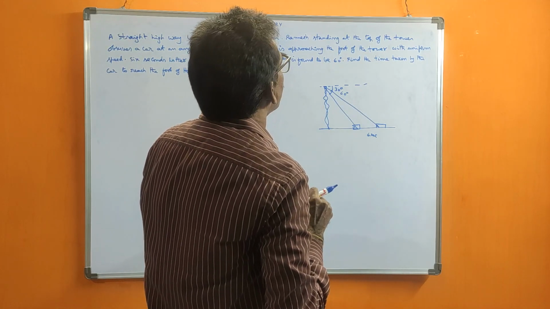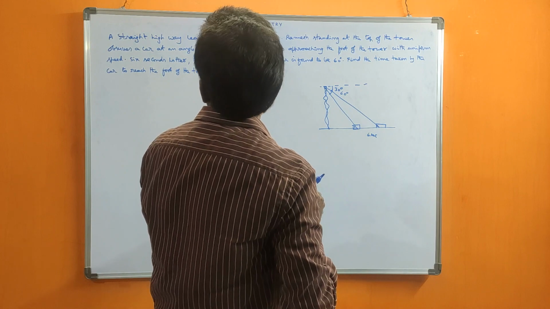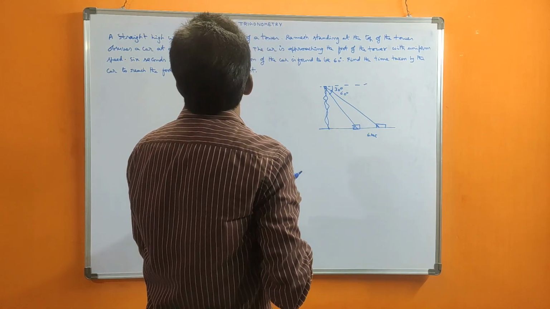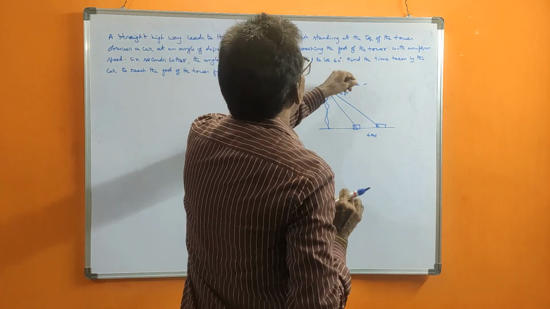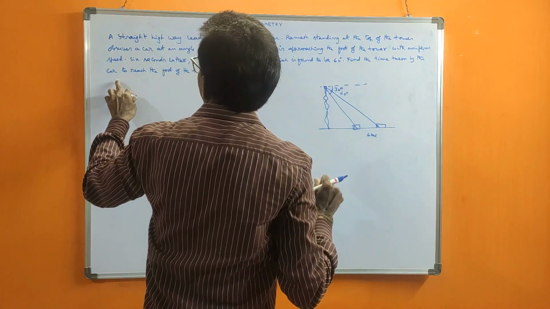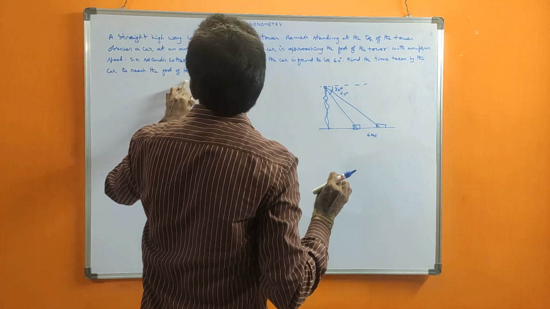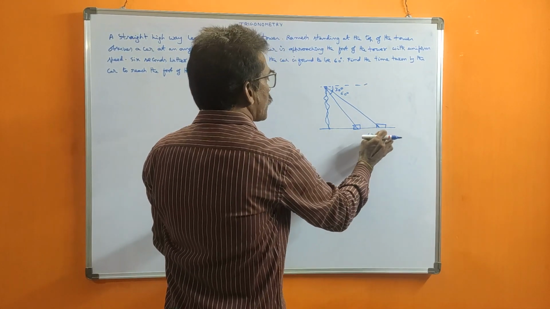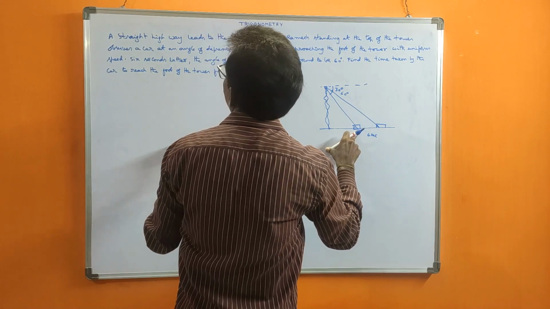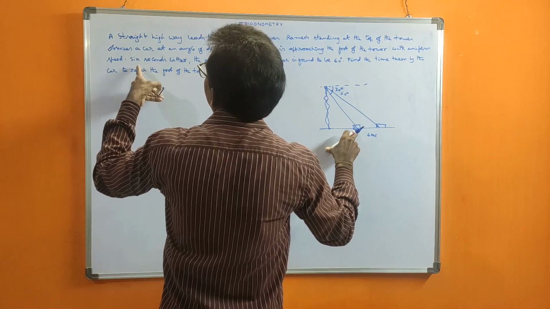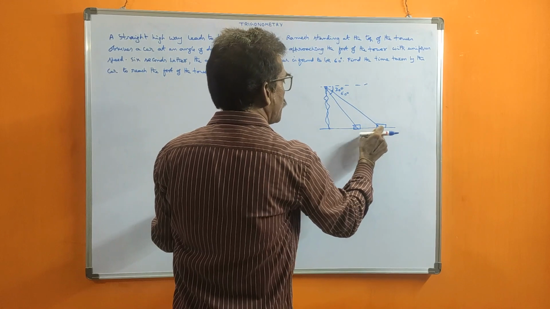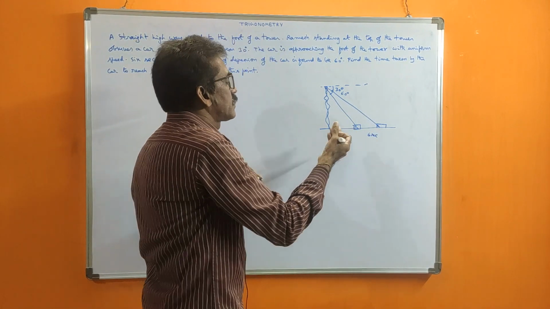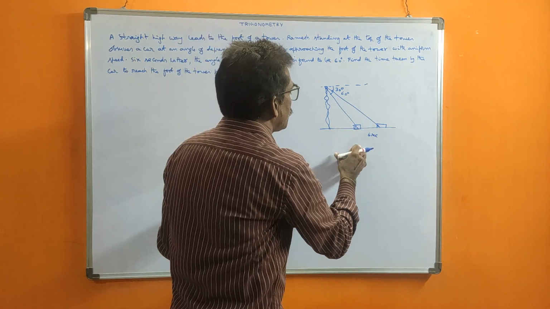Next, that's it. The height of the tower is also not given. Based on this only, we should find out what he is asking. Find the time taken to reach the foot of the tower from this point. See, in the same way, from here to here, it took how much? 6 seconds. Here to here means distance we don't know. If you know the distance, we can find the velocity. That is no problem. But that is not there.